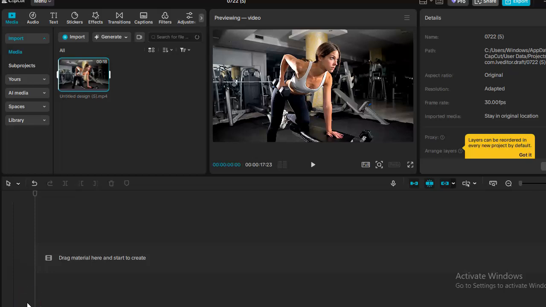Hi guys, in this video I will show you how to split video in CapCut PC, what you need to